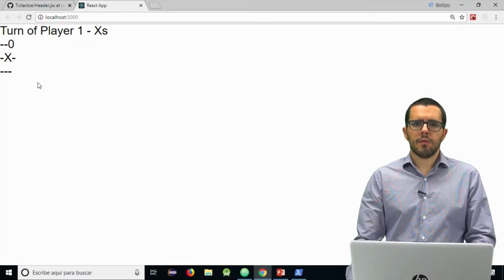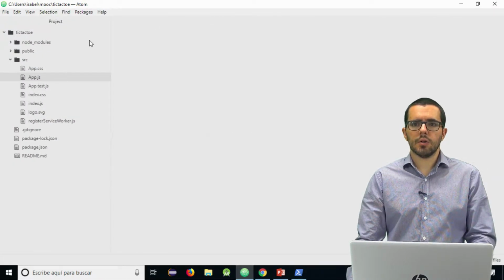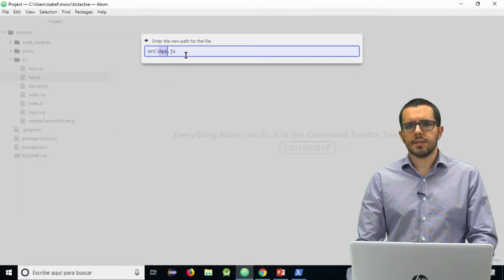We start from our interface that has the header and the board rendered on the screen. The first step that we are going to do is to rename this component into JSX.